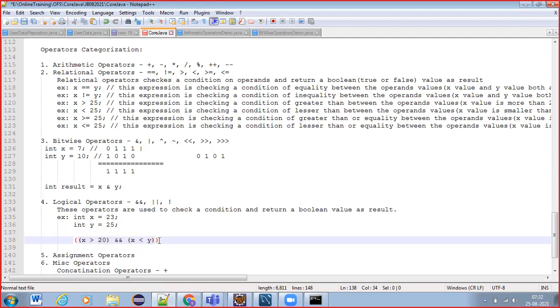So this will return what? x is greater than 20 or not. This also returns true or false only, right? True, and x is less than y. Y value is 25. This is also true. So true and true will return what?